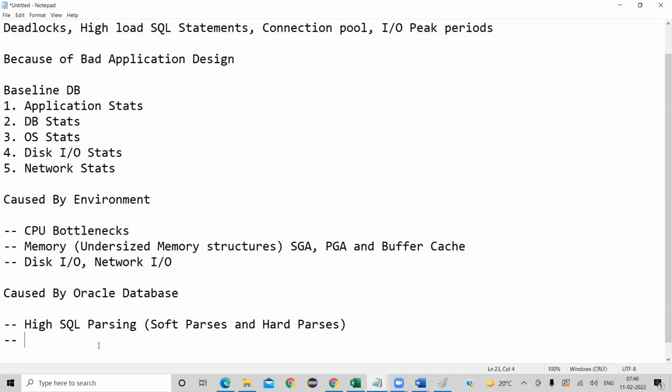Soft parse is good. Hard parse consumes more performance. It impacts the performance. So hard parsing is definitely bad. Hard parse will eat all your resources on the database server, and each SQL query will take a lot of